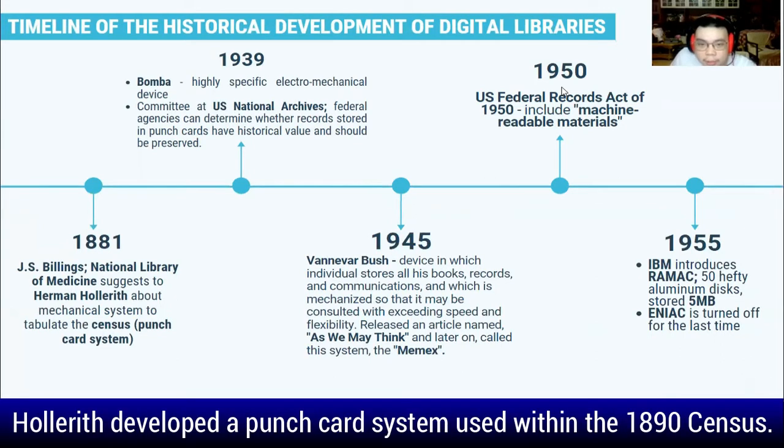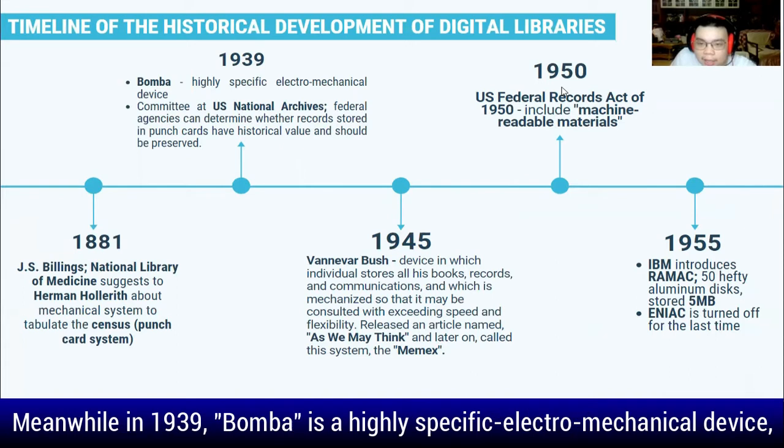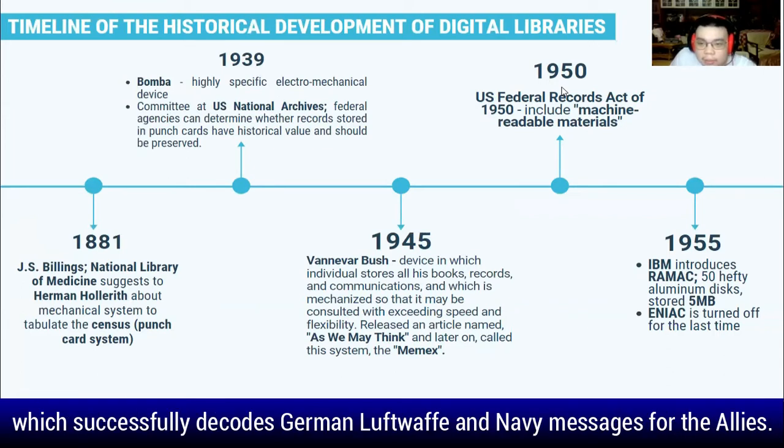Hollerith developed a punch card system used within the 1890 census. Meanwhile, in 1939, the Bomba, a highly specific electromechanical device, successfully decodes German Luftwaffe and Navy messages